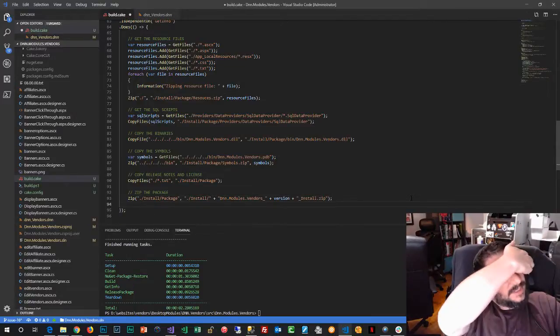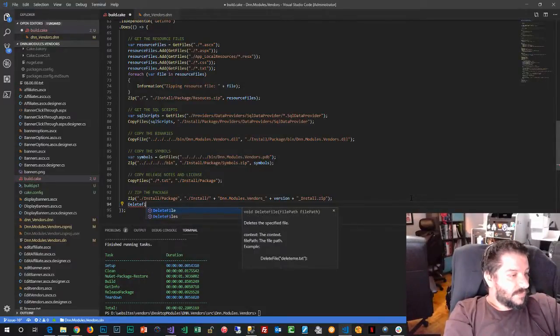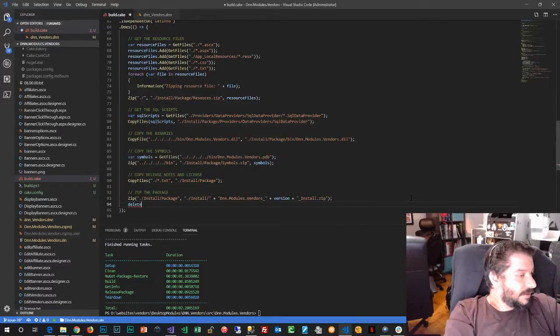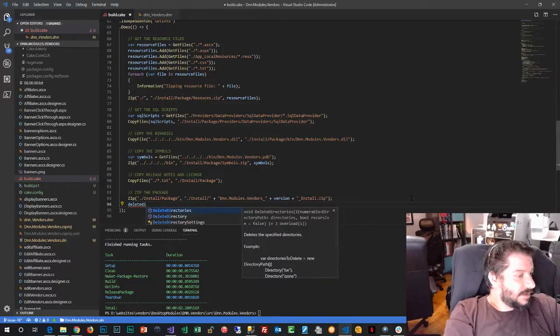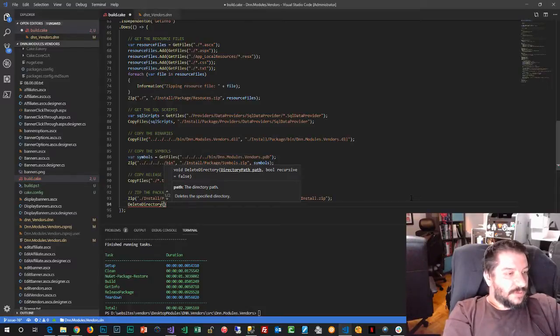The other part is deleting. So what do we have for delete? Delete file, delete folder, directory, delete directory. Awesome. Code completion, IntelliSense in your build tool, and C#. Yeah, I love this. So we want to delete the directory, and